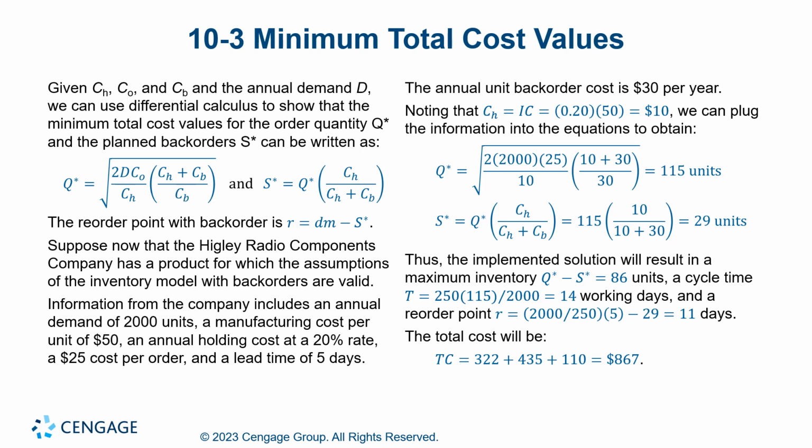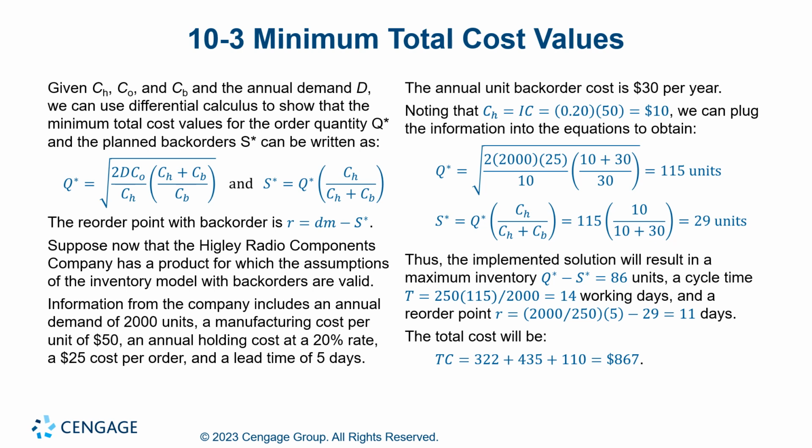The annual back order cost is estimated to be $30 per unit per year. So using all this information, the Q optimal is given by plugging in all this information where CB is equal to 30, and we have the Q optimal of 115, and S is given by 115 times this term, and we get